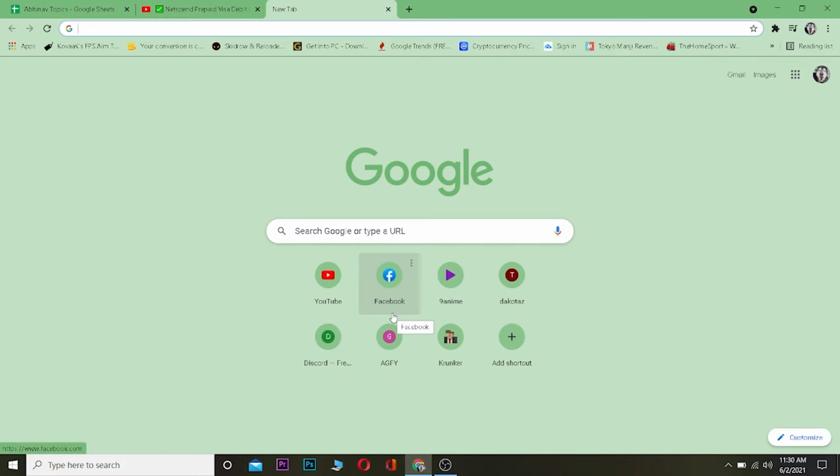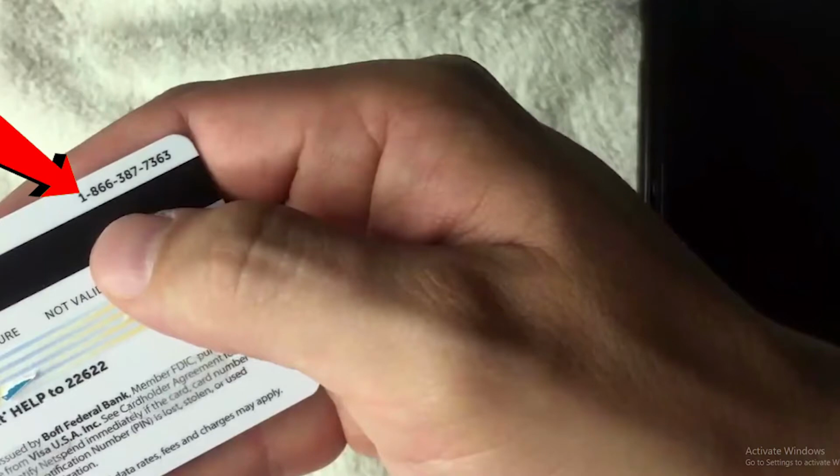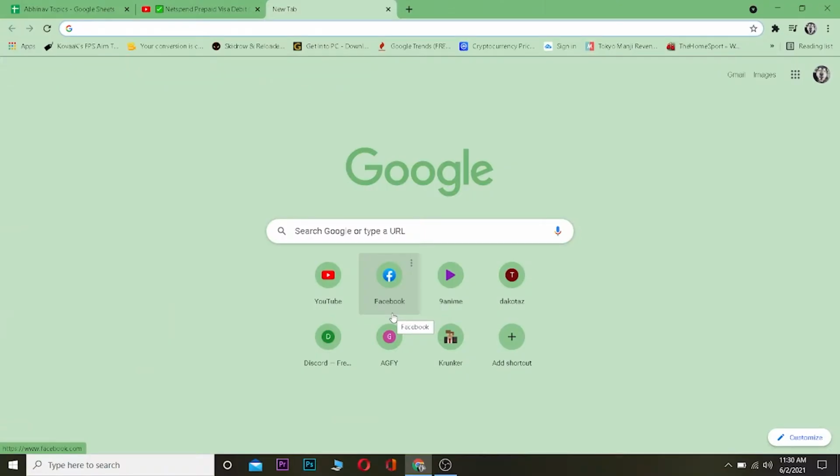So if you're having some problem, you can basically just flip the card and you guys can see this type of number behind the card, all right? And you can contact that number, and the customer service will pick it up and you can talk with them. And yeah, the number changes frequently,